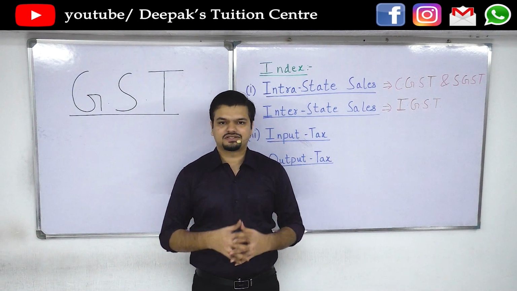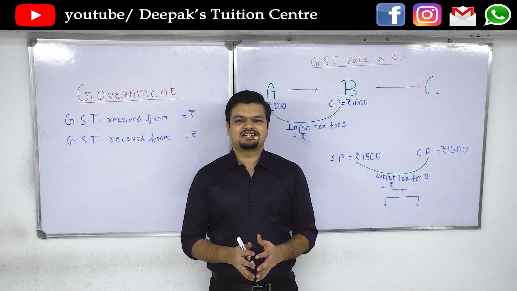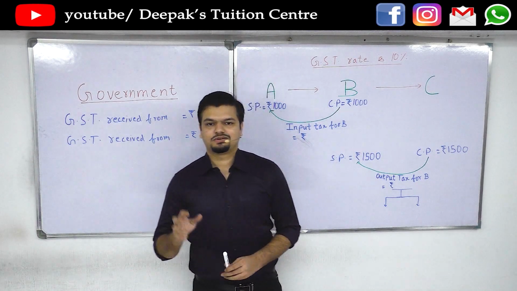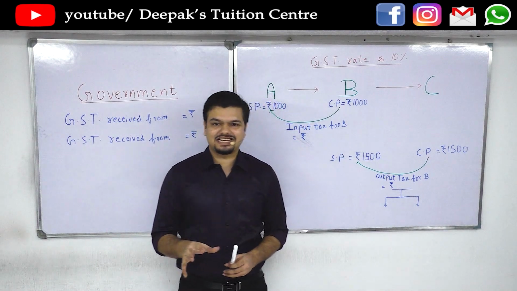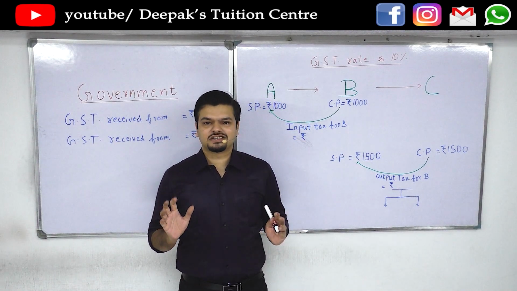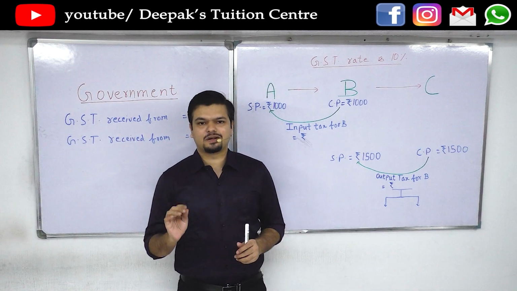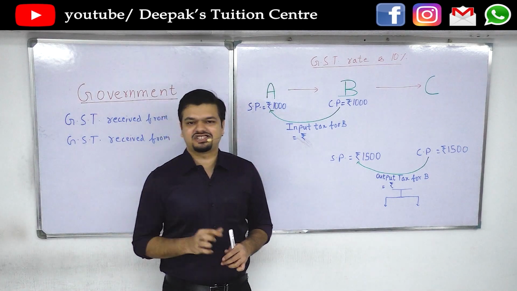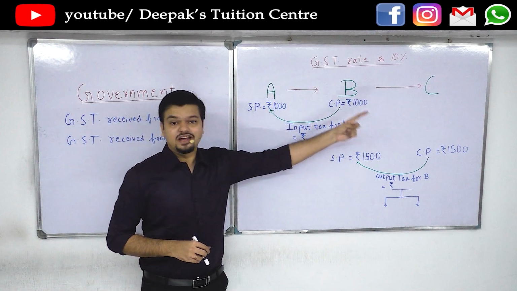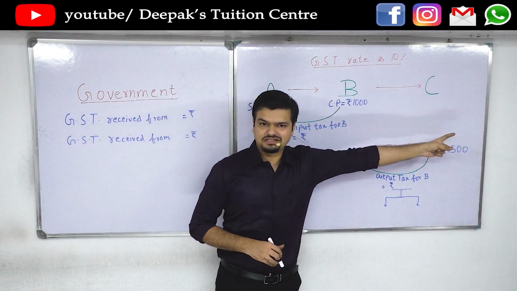That depends on the sums. So let us understand the concept of GST with the help of an easy example. We are not properly discussing the example. We are just understanding how GST works. So you need to understand the basic concept of indirect tax, that is GST. So if A sold an article to B, who resold the article to C.